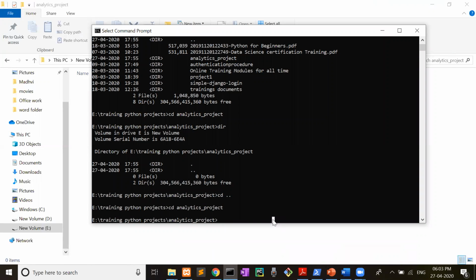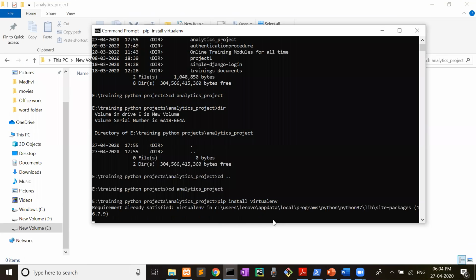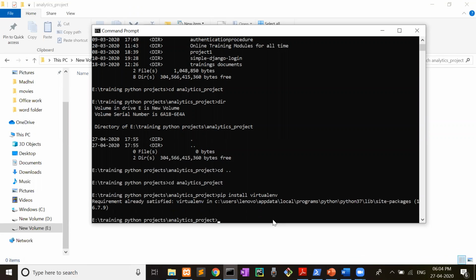Go inside this folder with the help of cd and then pip install virtualenv. It will create a virtual environment.